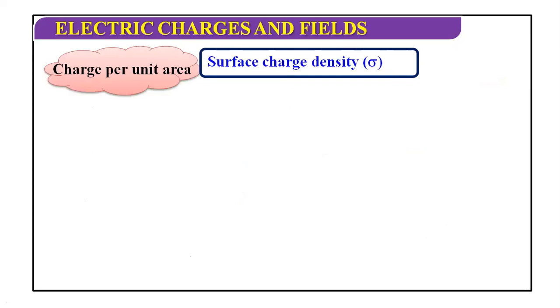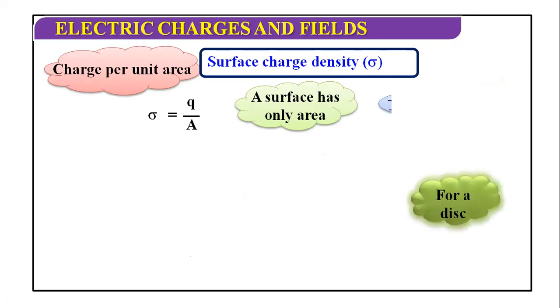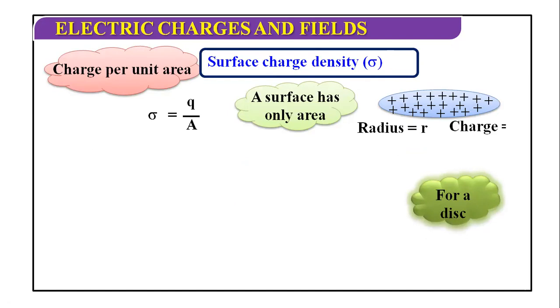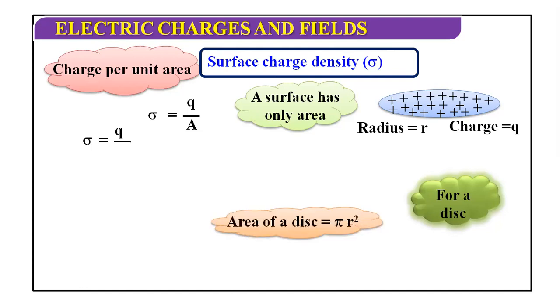Second is surface charge density, charge per unit area. Now, rather than taking the rod, we will take a surface. Surface charge density is represented by sigma, which is equal to charge upon area. So let us take a disk, because we have to take the area. I will take a disk having area A and radius R, charge Q. So how can it be written? Q upon the area of the disk, which is pi r square, because r is the radius. So sigma is equal to Q upon pi r square, where pi r square is the area of the disk having charge Q distributed over it. And you can see Q is distributed uniformly.